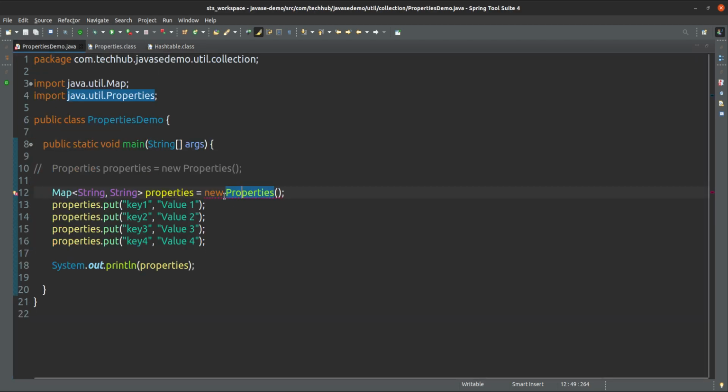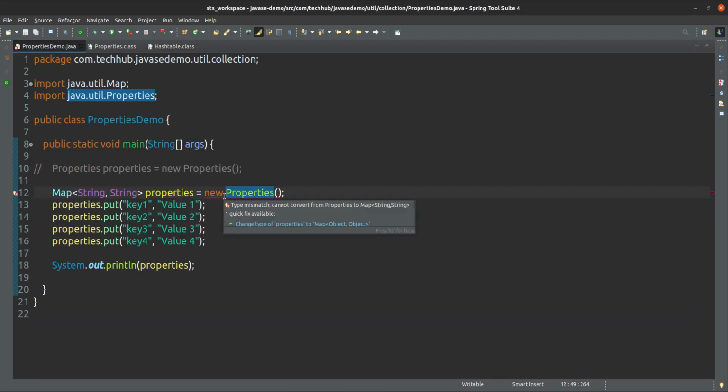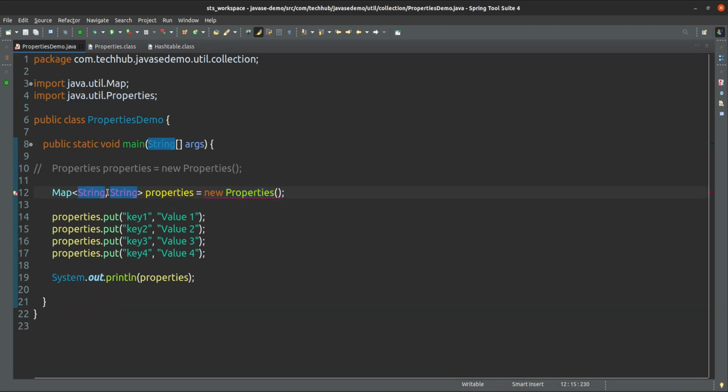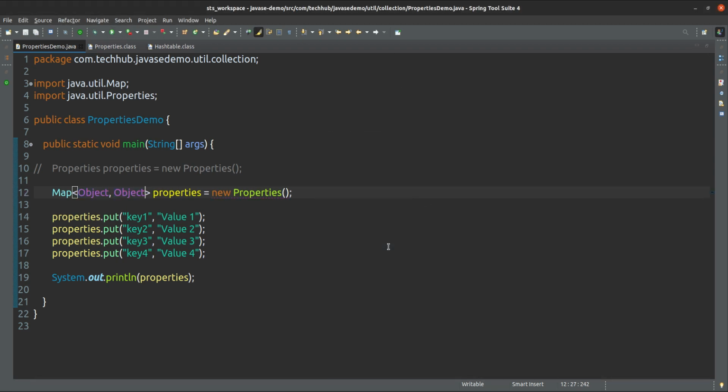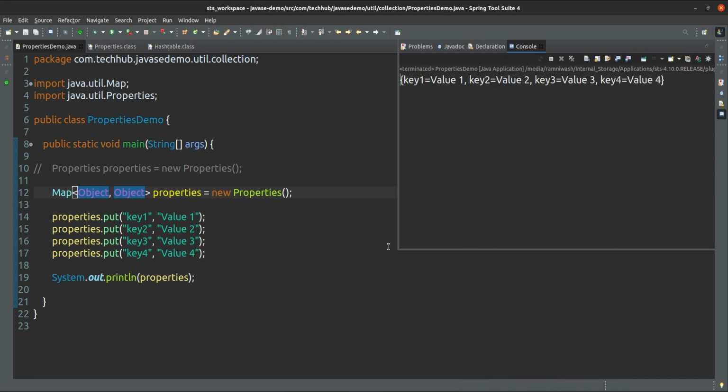What is the problem with this one? No, cannot convert property, it shows quick fixes. Okay, I think this is the super type only, object it is. You have to give this an object only. Yes, it will work. Key 1 value 1, key 2 value 2, key 3 value 3, like that.